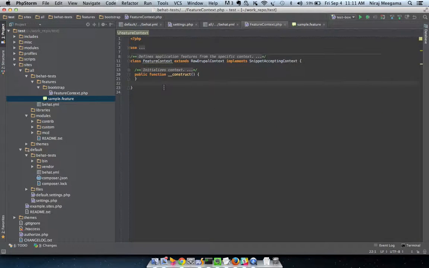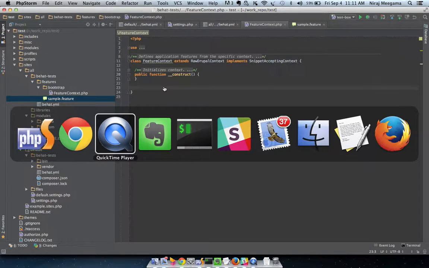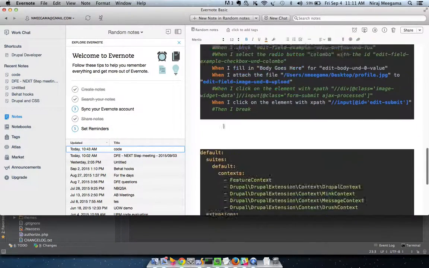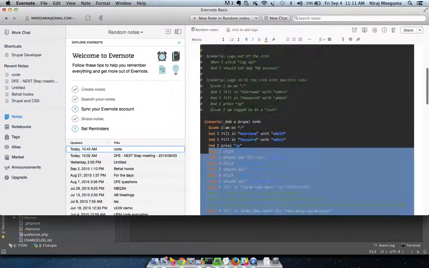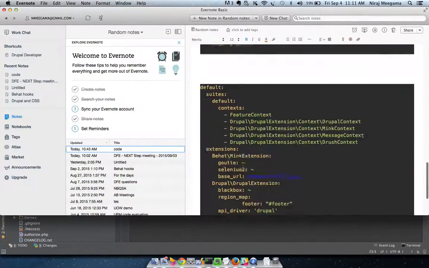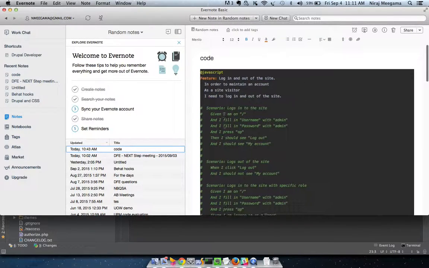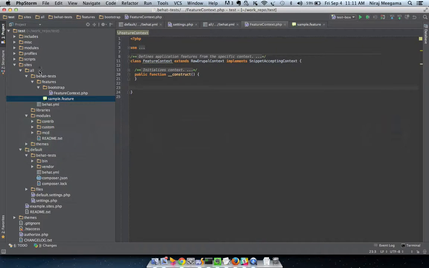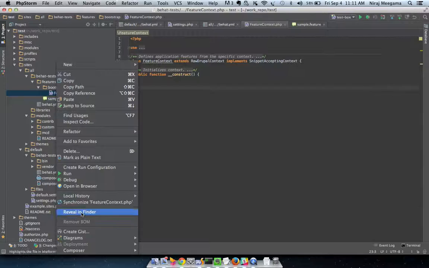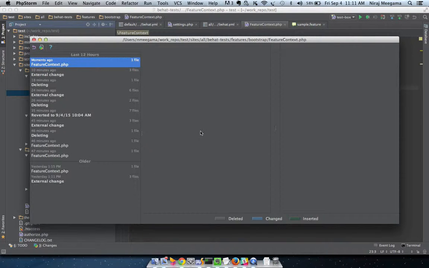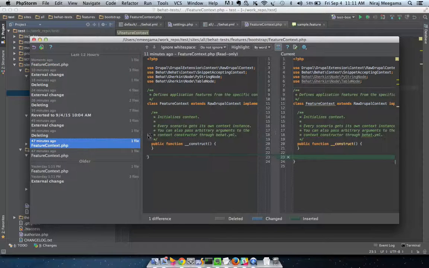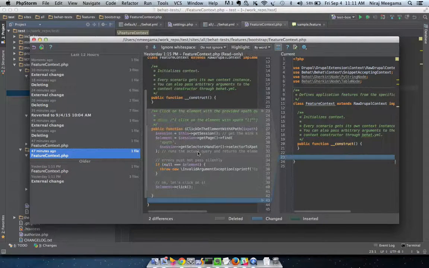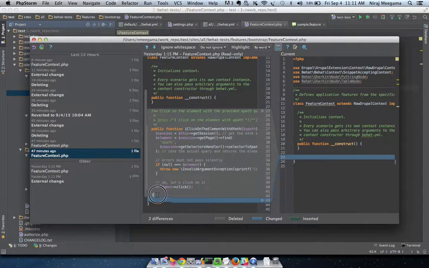As I said, you can put your custom code in this location, your features context.php file. So I will paste the code for it. Okay, where's the code? I can't find it. Okay, I need to put it down for history, I guess. I'll go into my local history and see if I can find it. Okay, there you go. So it's here. I'll just copy that bit, close it,